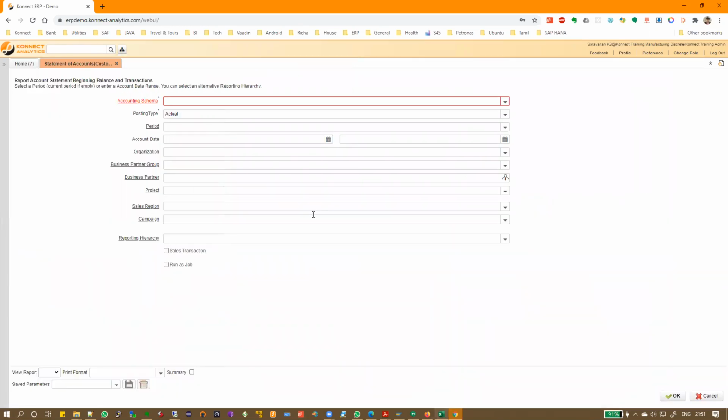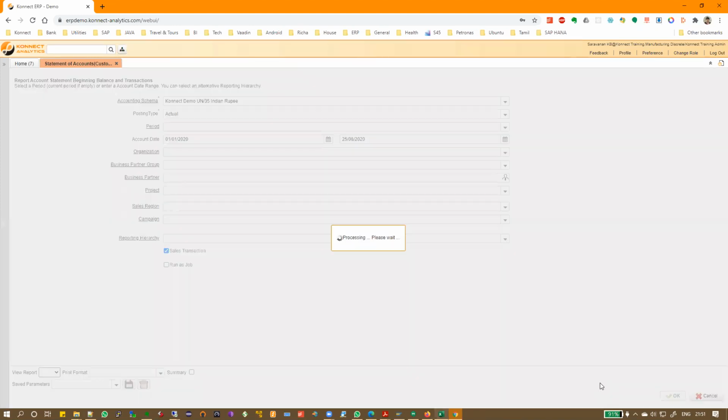So statement of accounts is nothing but customer statement, because like I told you that in our ERP, every customer does not have a unique account. The ledger is common, but customer is different, right? So, for example, let's say if I want to have a statement from 01.01.2020 to till today, so this is 25.